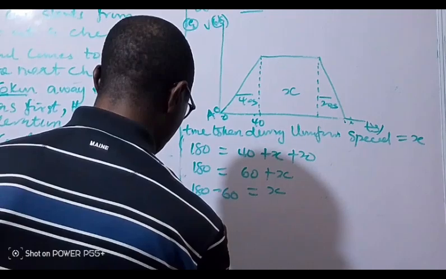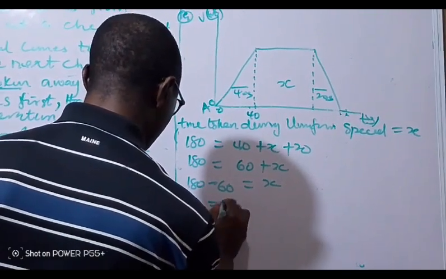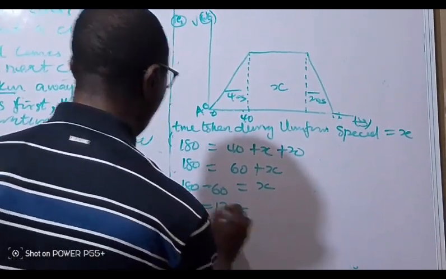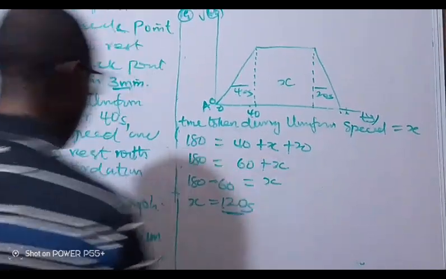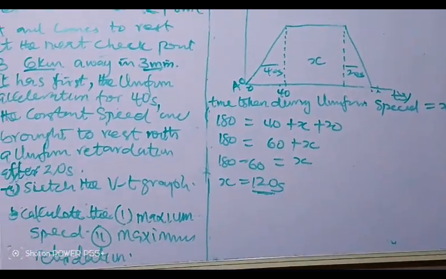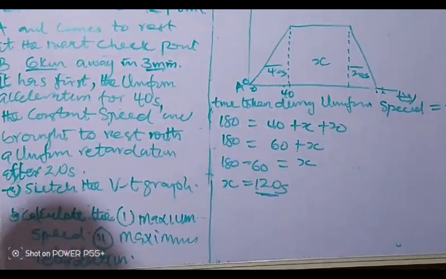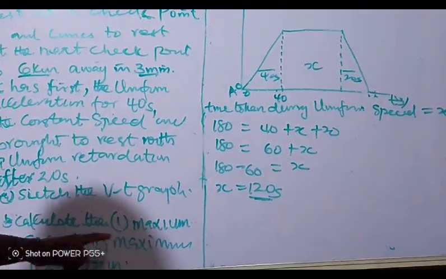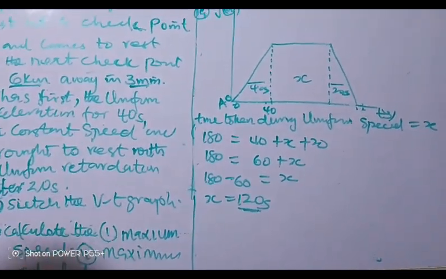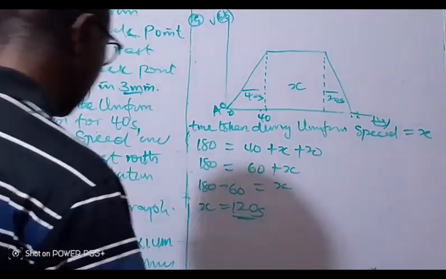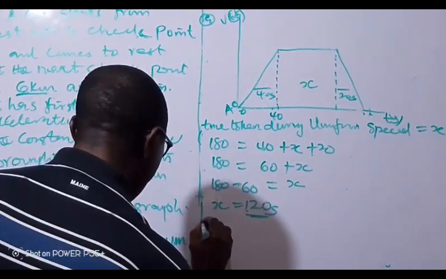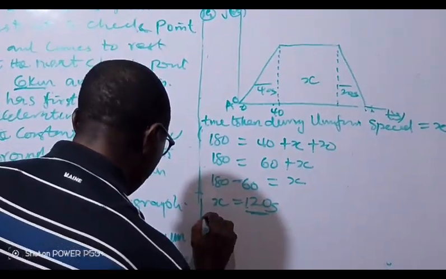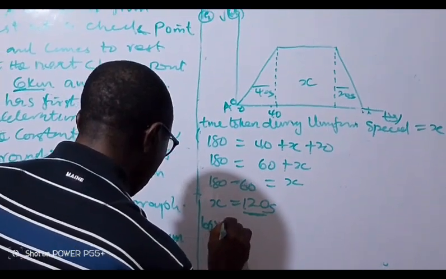So it means now s is equal to 120 seconds. That's the time taken during uniform velocity. Now, from there, the question asks us to calculate the maximum speed from this graph. That is question B1, maximum